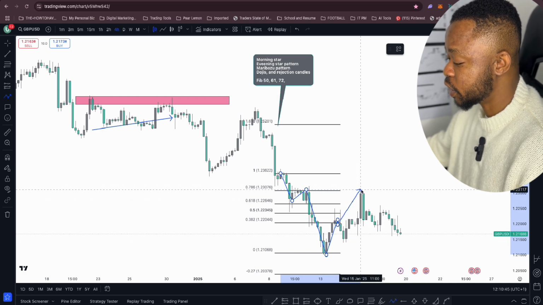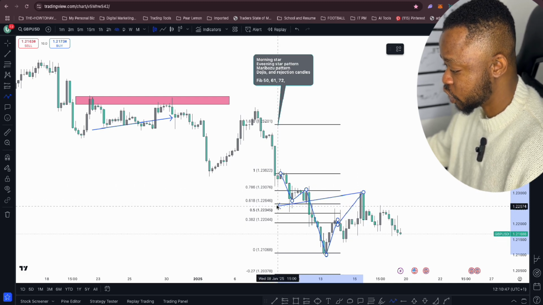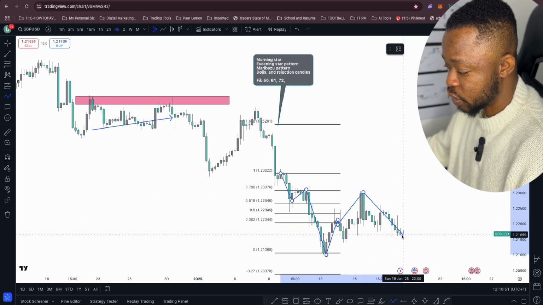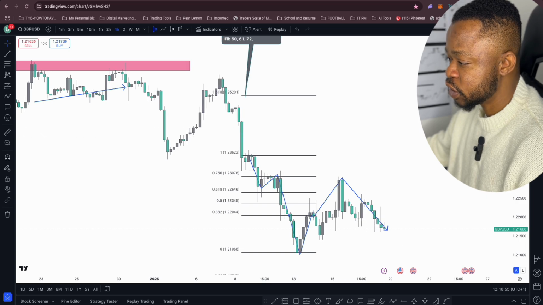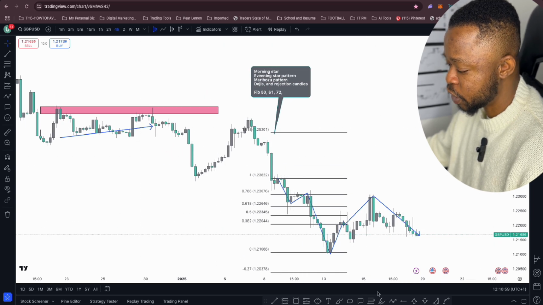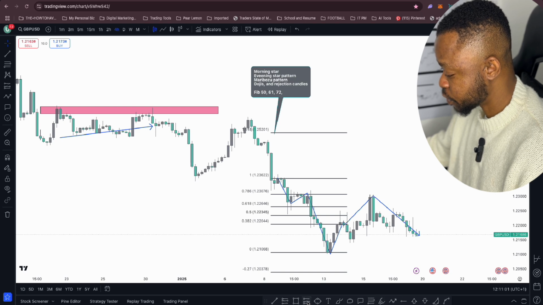But now look at how price reacted when it got to the 61 extension. Look at that, that's the 61.8 extension. Now see the push down to the current state it is at the moment with GBP USD. So these are some of the patterns that are very, very important if you're looking to take a trade in the market. This pattern here